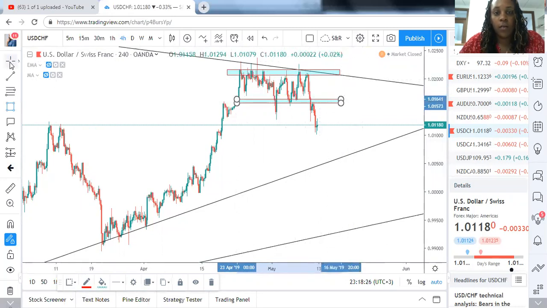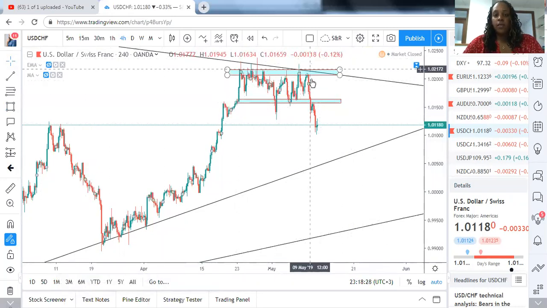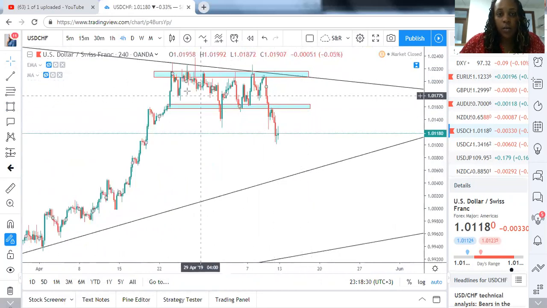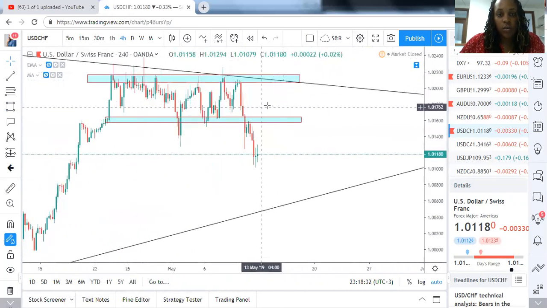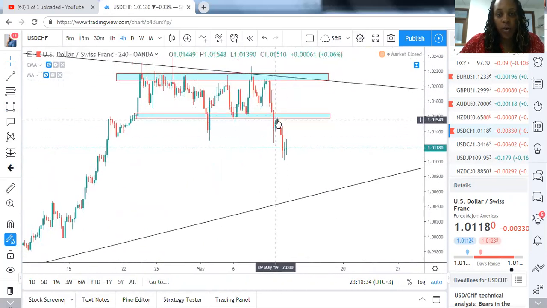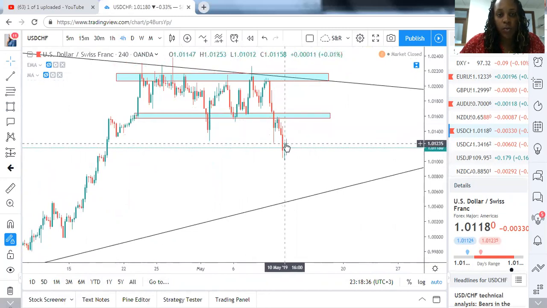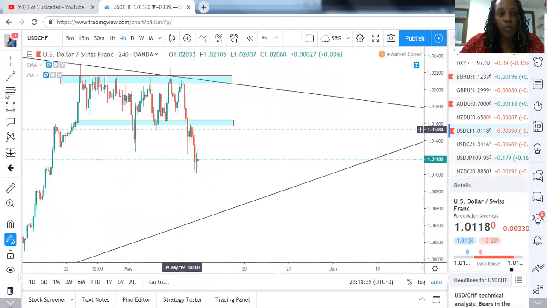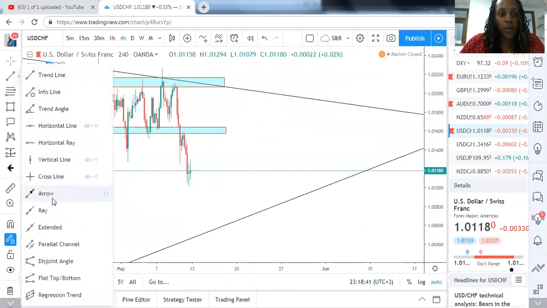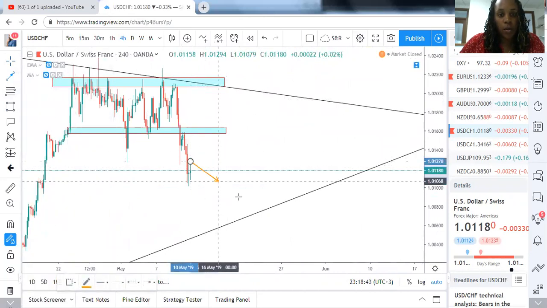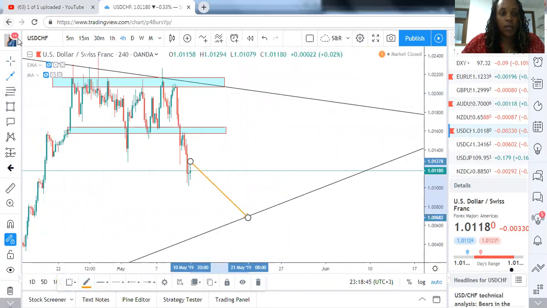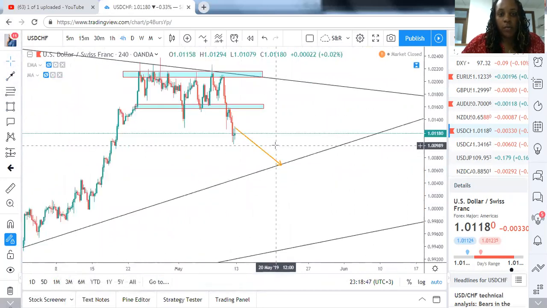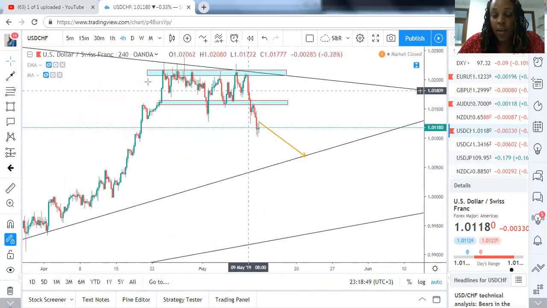Right. Price was in between these two areas. We had a break of this range. So we had a break of this range. We got a nice retest, and then we got a continuation down. Now, overall, looking for this here to drop to our trend line, and do the opposite of EURUSD and